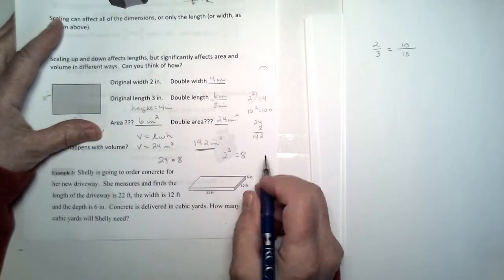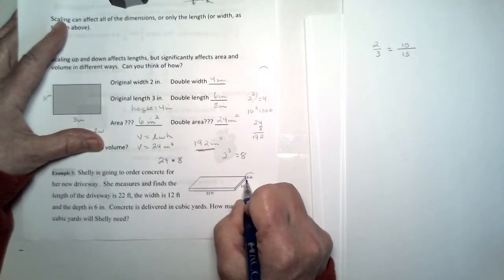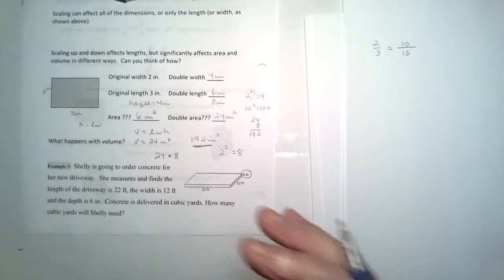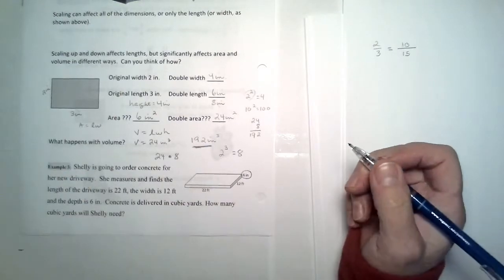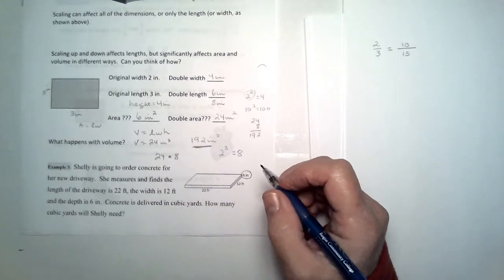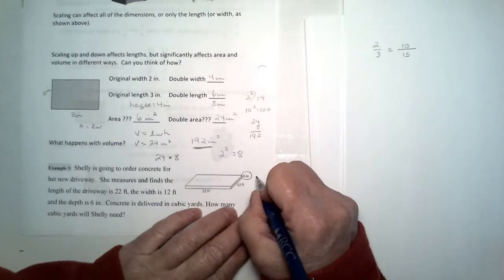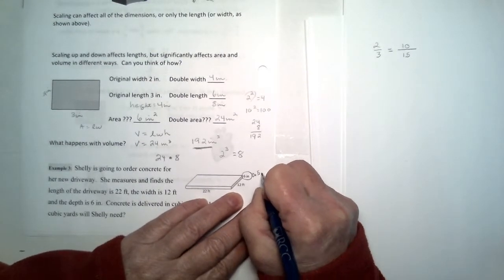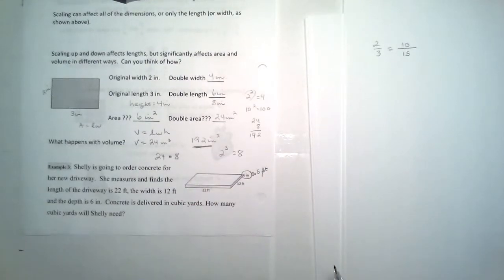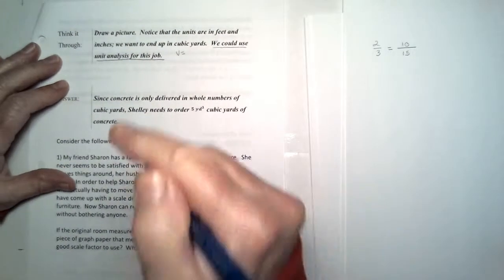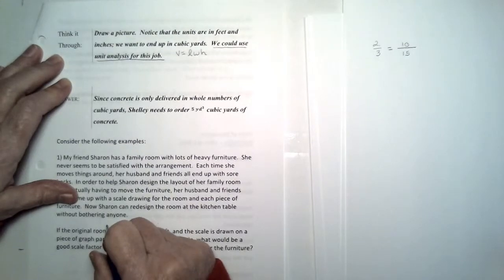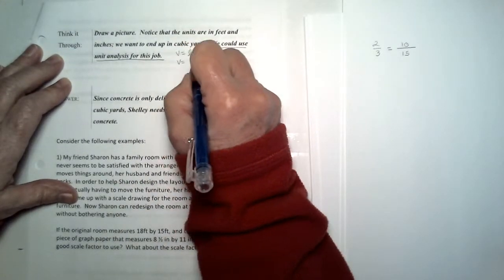Well, I think the smart thing to do is to go ahead and take these 6 inches and change it to feet. 6 inches is a half a foot. And what I can do is I can use a decimal or I can use a fraction. It doesn't make any difference. I'm just going to use a decimal. Why not? So 6 inches is equal to the same as 0.5 feet. So I'm going to find the volume of this. So I have volume is equal to, now remember we said length times width times height for a rectangular prism. So it's going to be